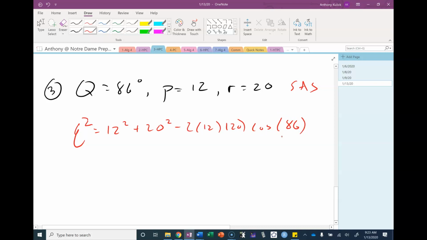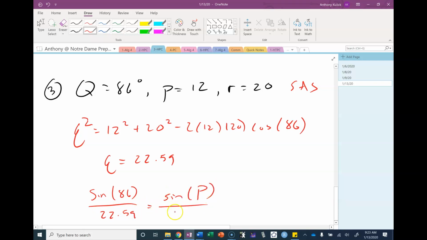So when I do that, I get 22.59. We good there? Okay. Now, to solve for my next angle, I have to be very careful here. When I apply the law of sines, I have to make sure I'm solving for the smallest of the 2 angles. In that case, I'm going to be solving for angle P. So when I cross multiply, divide, and take the sine inverse,